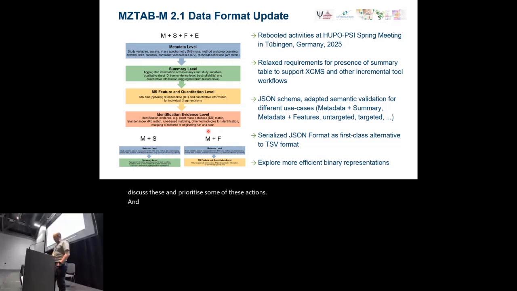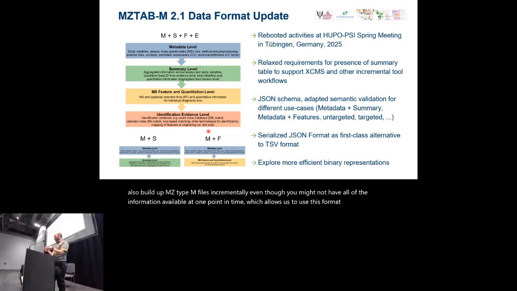And one of the things we have been discussing is that we want to relax some of the requirements of the format. Specifically, this was raised by the OpenMS developers, to also build up mzTab-M files incrementally, even though you might not have all of the information available at one point in time, which allows us to use this format basically throughout a workflow of different tools, adding information incrementally from identification, from feature grouping basically to identification to quantification and then